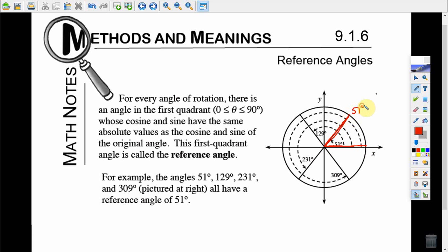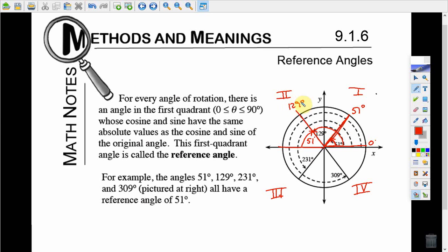We like to write our angles on the outside of the unit circle, but it refers to this angle right here. So we go from 0 to 51 degrees. Their corresponding angles in quadrant, so this is quadrant 1, quadrant 2, quadrant 3, and quadrant 4. There are corresponding angles that have the same reference angle in quadrant 2. If we were to come off the x-axis over here in quadrant 2 in this direction, 51 degrees, we would find one of our corresponding angles that matches up to